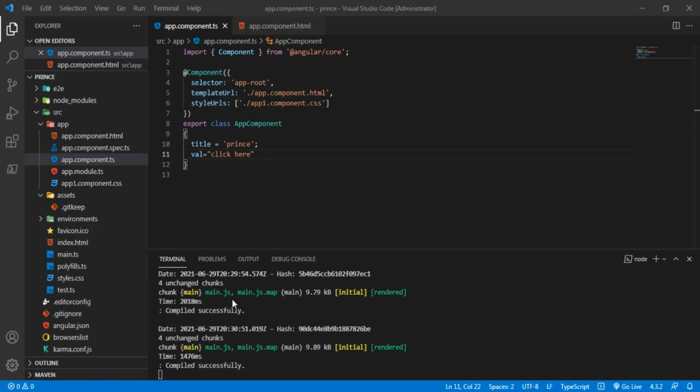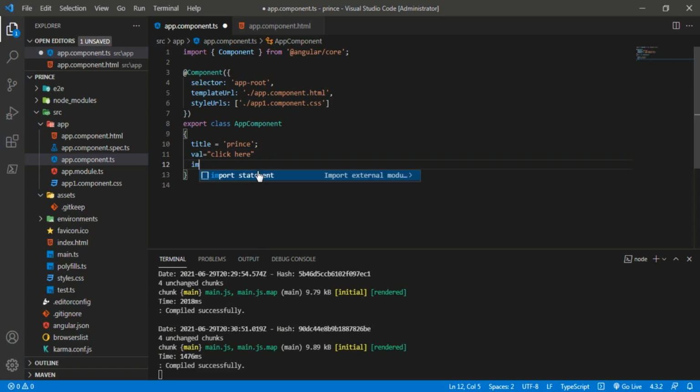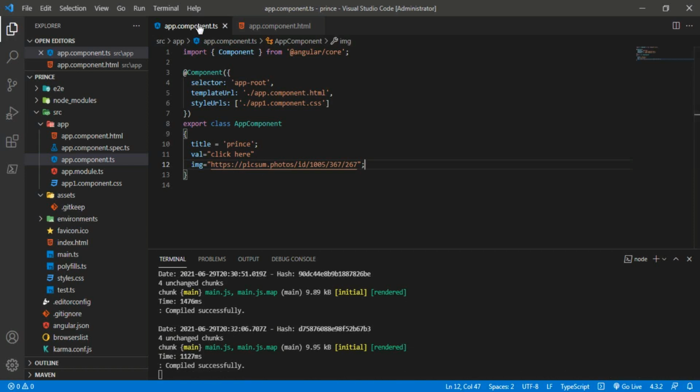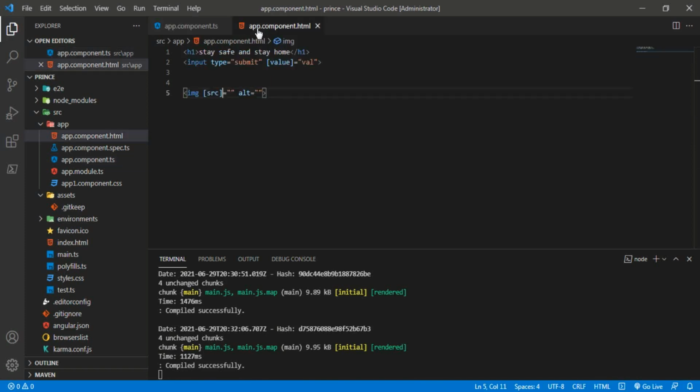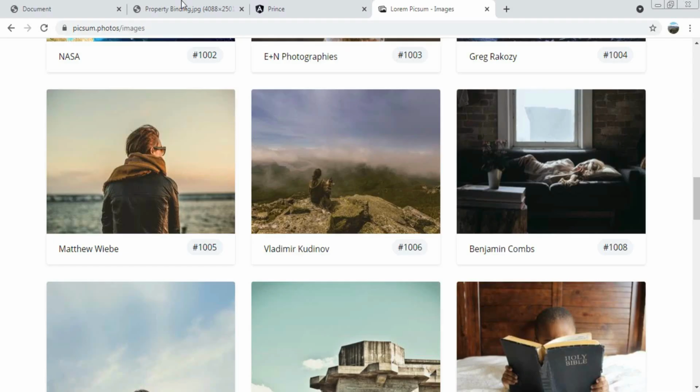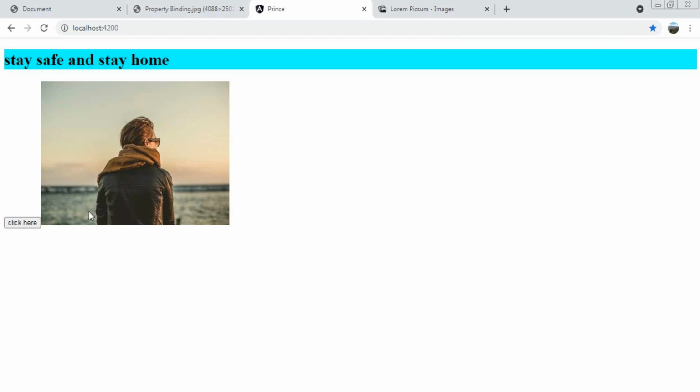After that I will paste that address inside a variable called img, and save it. Now I will give this variable name inside my HTML file for the source attribute, like img, and save it. Let's see the output. Yeah, it's working correctly. You can see on my screen.